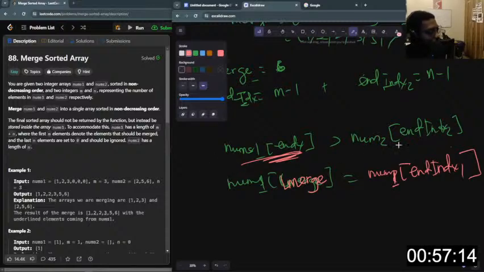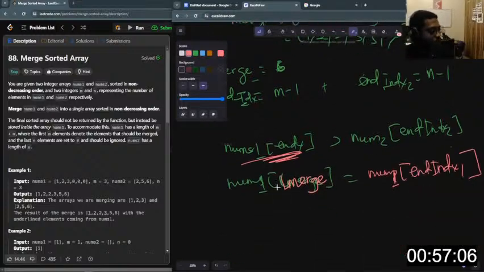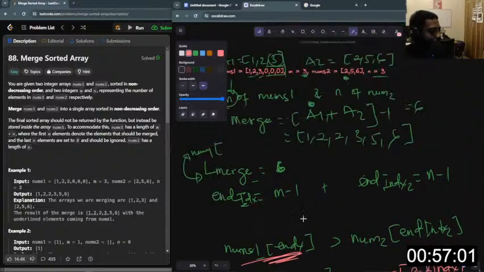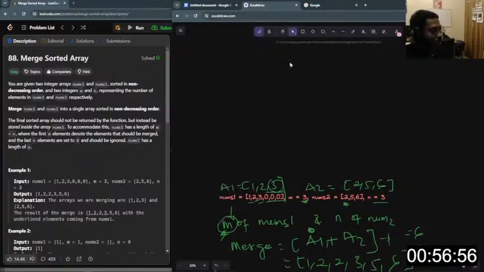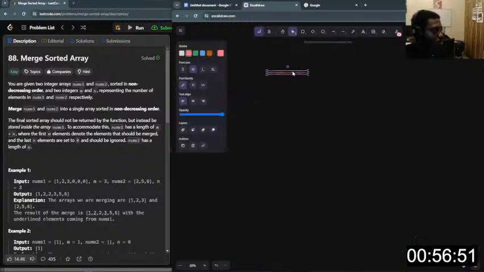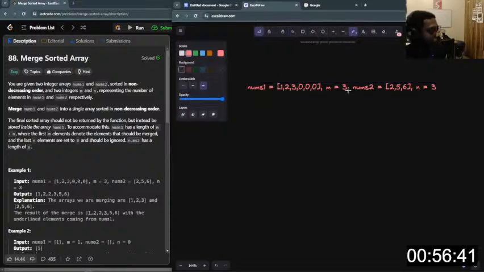In the case where nums2 is now the bigger one, we will also do the replacement like this, and every time we replace to the end, we have to decrease the last merged value. So we'll have something like this. Let me do it here again. So in our first iteration, we are comparing from the back. We'll start from here, and say, is this value,